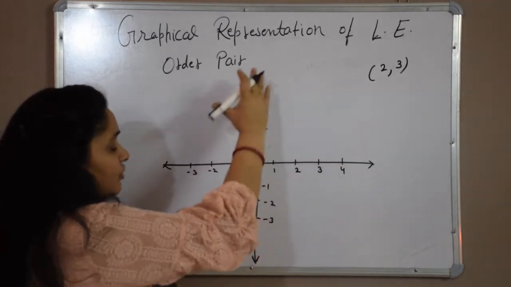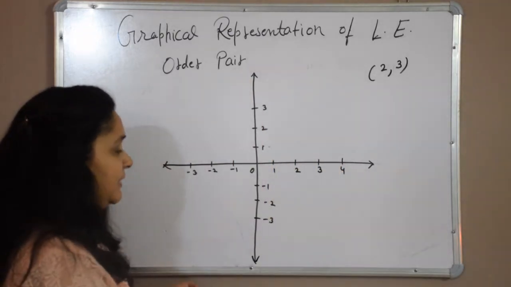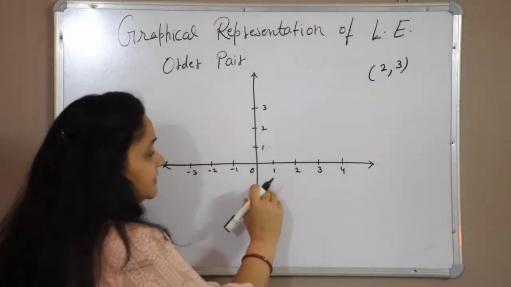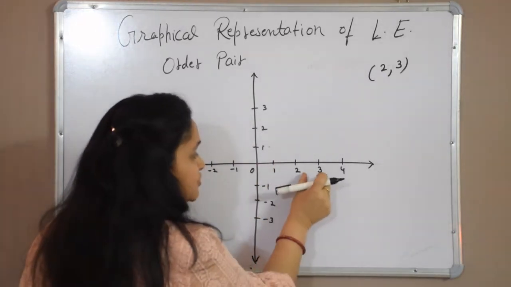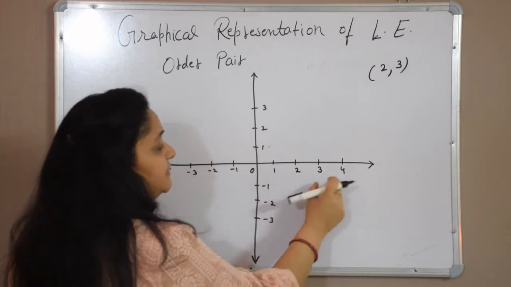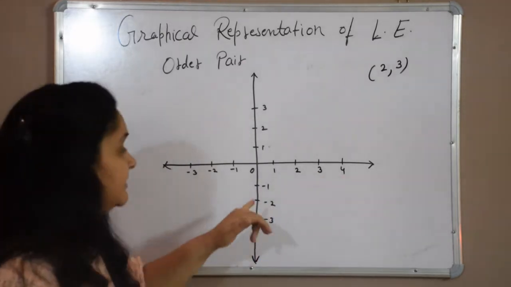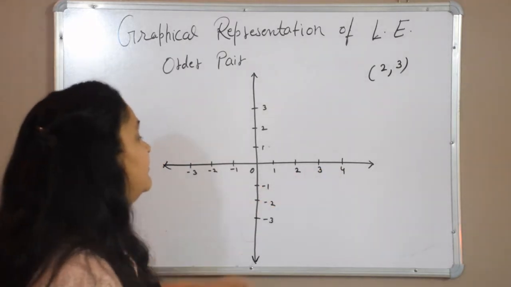First of all, we will draw these 2 lines, that is our coordinate plane, and we will draw origin here where the 2 lines meet. And the second thing, this gap should be same everywhere, 1 centimeter, 2 centimeter, 3 centimeter, whatever you are considering your scale, it should be same everywhere.